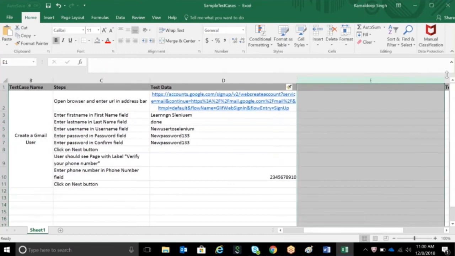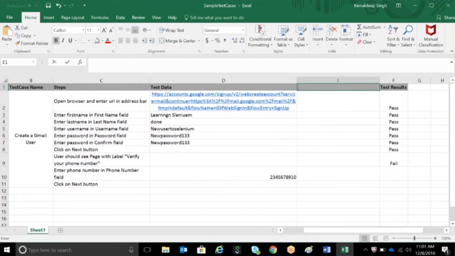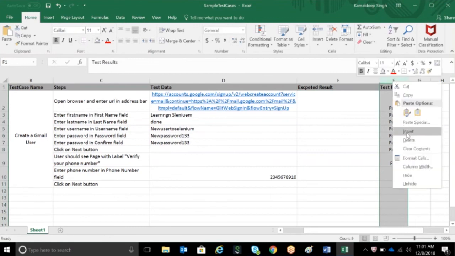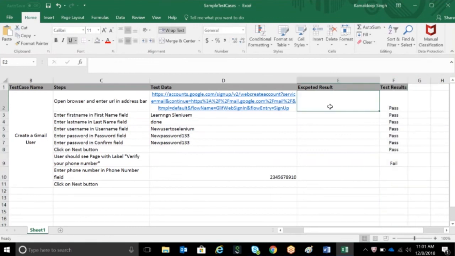The expected result means what we are expecting. When we say open browser and enter URL in the address bar, the user should be able to enter URL in the address bar.